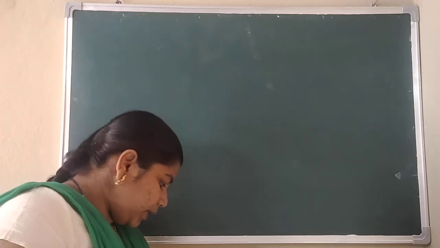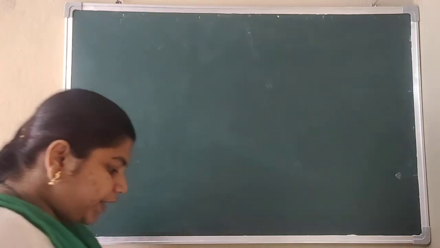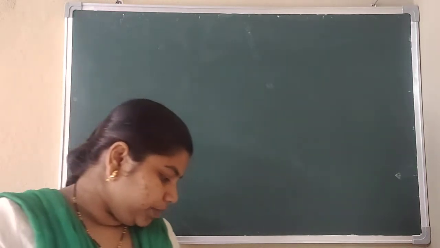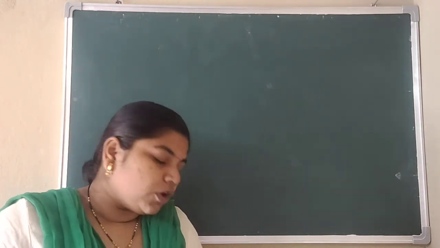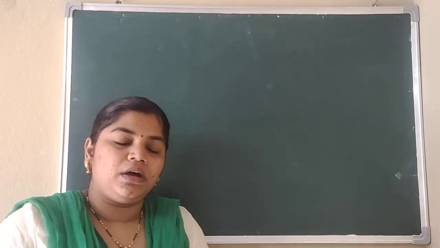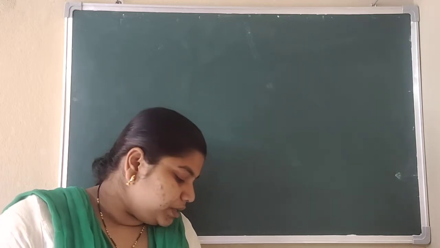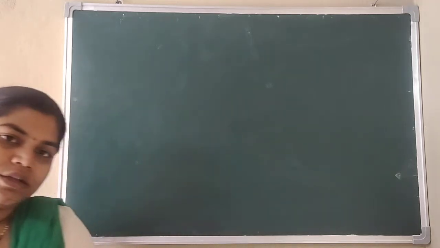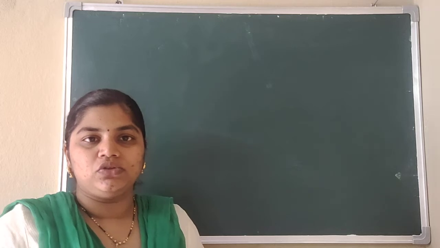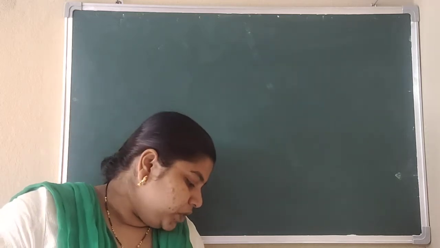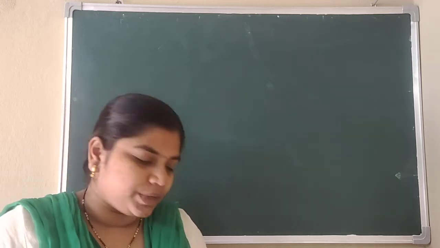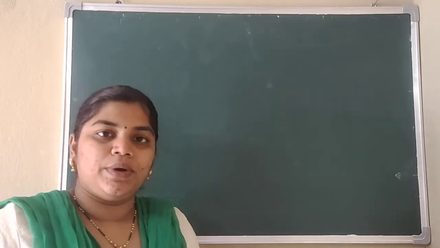So next one. So what is the 9th one? The length of a rectangular field is 8 meters less than twice its breadth. Now they are talking about the length of a rectangle. So what is the length of the rectangle here? 8 meters less than twice its breadth. Okay, so they didn't mention anything about the breadth value, so we will take it in the form of x only. If the perimeter of a rectangular field is 56 meters, we have to find the length value and breadth value.